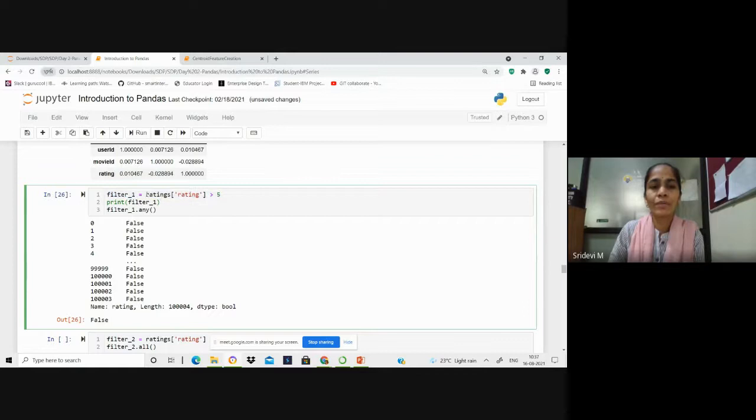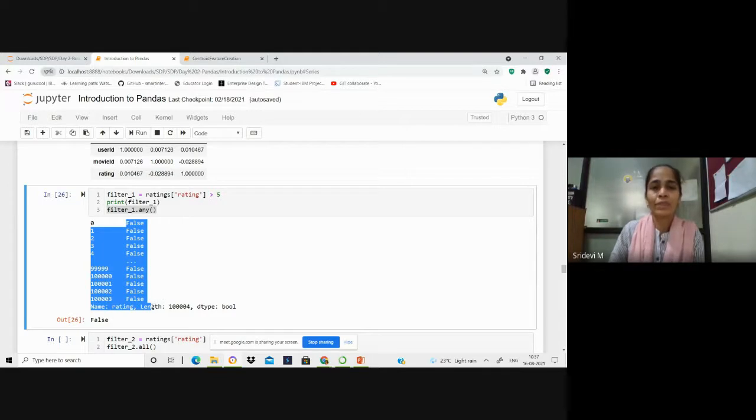For that we are using a filter greater than 5, and that filter is first applied on this ratings table, and you can notice that all the values are given as false, which indicates that there are no ratings under this column in the ratings table which are greater than 5.